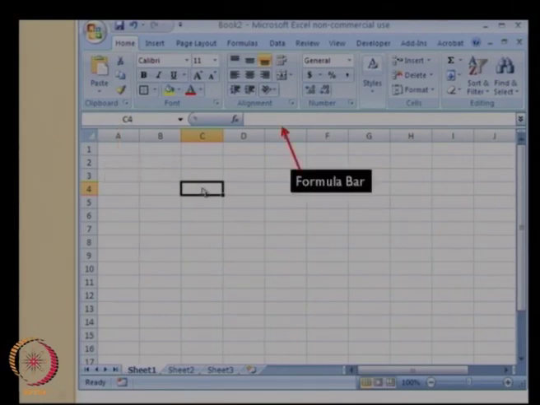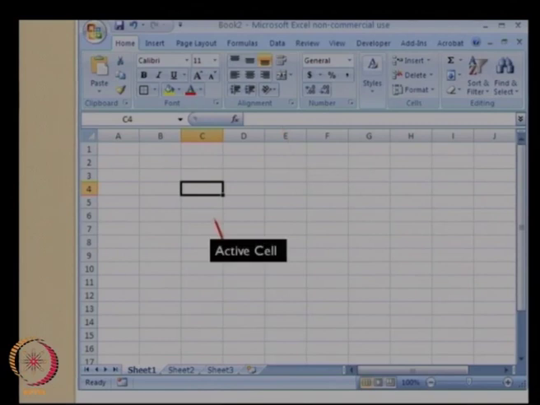As you start entering anything into the cell, you will also be able to see it in this formula bar. Any numerical formula and so on that you enter in the cell, you will be able to see in this formula bar. What we are going to do is take a look at how we enter numbers, how we enter statements, words, letters and so on, as well as how we do computations in Microsoft Excel. And this cell, C4, is called the active cell.